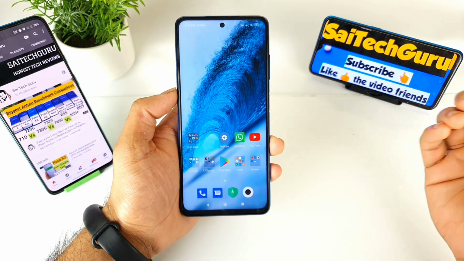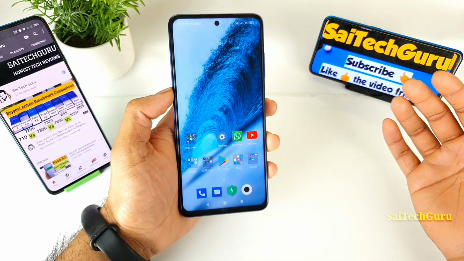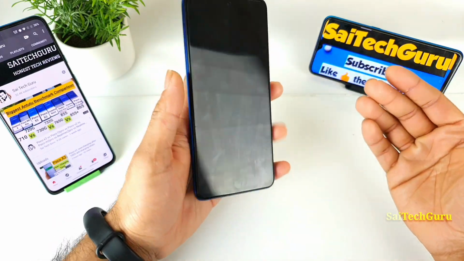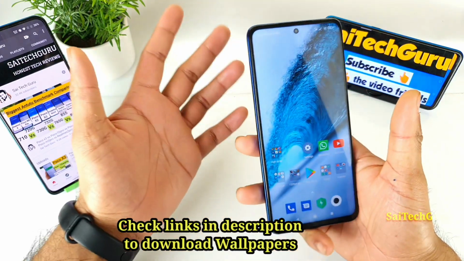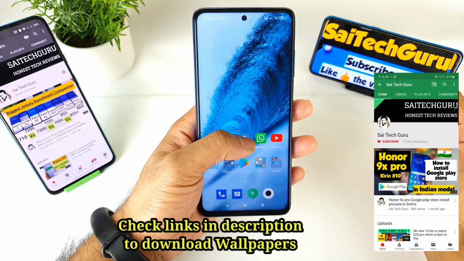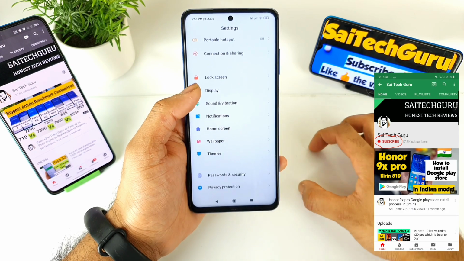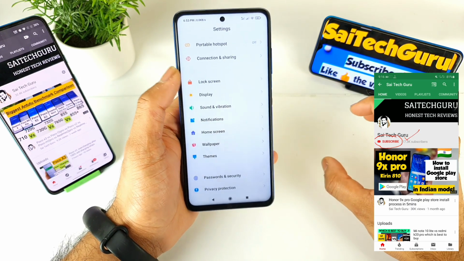In today's video, I'll be doing the tips and tricks on the lock screen in the Poco X3 device. As you can see here, friends, recently I started to do this kind of tips and tricks in the Poco X3 device bit by bit. I did cover so many features in this mobile phone. So in today's video, I'll be especially focusing only on the lock screen options.